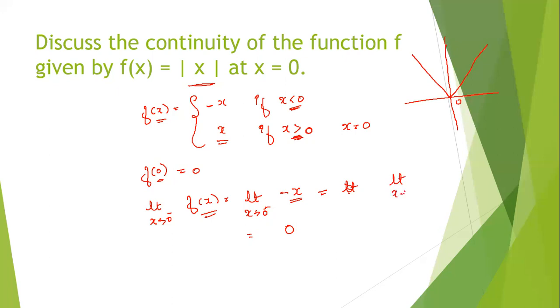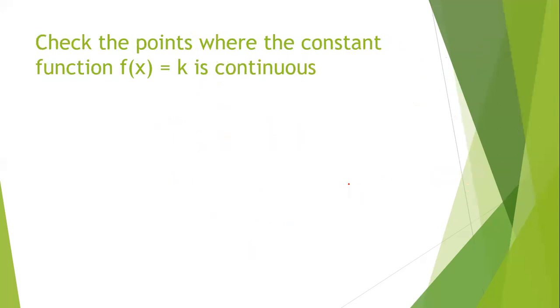Even if we find the right hand limit, what do we get? Here also x tending to 0, x. So when we substitute 0 here, we get 0 itself. So our right hand limit is the same as the left hand limit. Also it equals the functional value. So hence we say our function is continuous at x is equal to 0. So next problem,